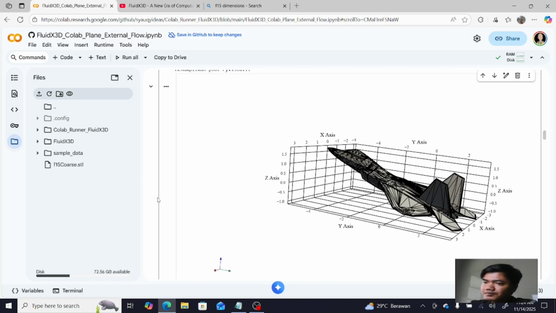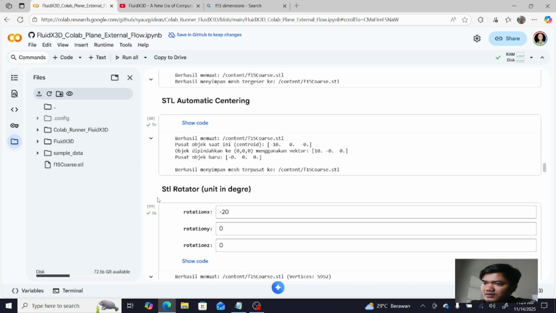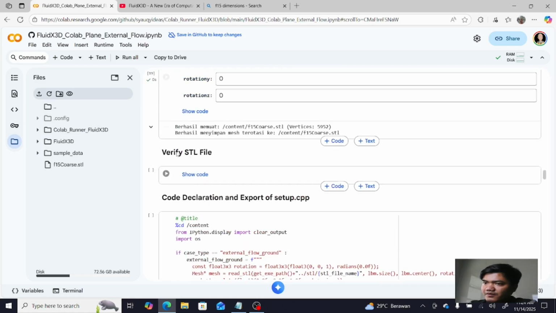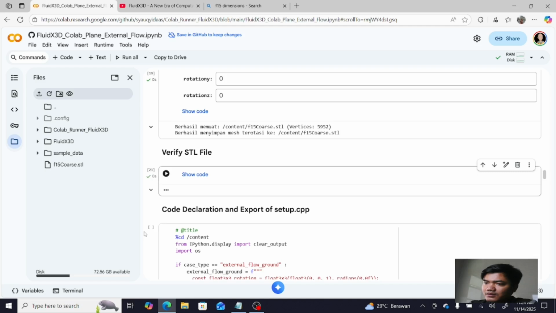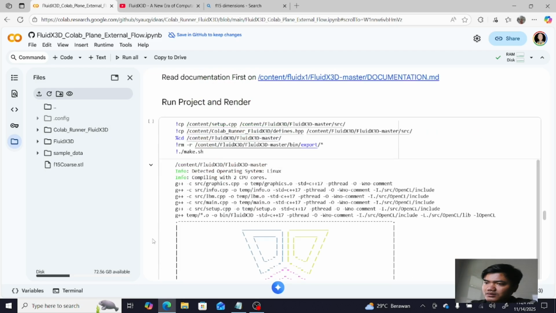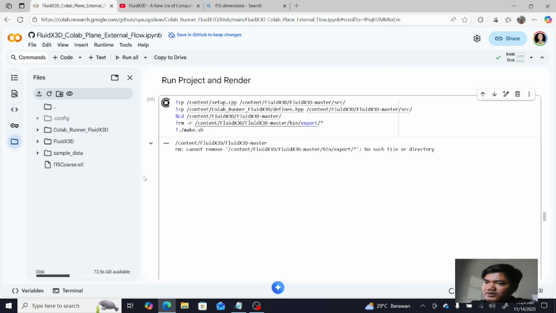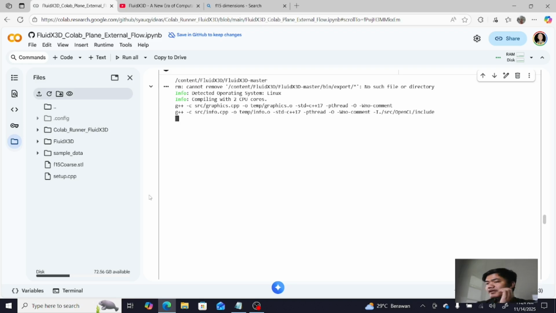Okay, we just verify the STL file, and then we can do the simulation right now. Okay, it verified and do the simulation. Okay.